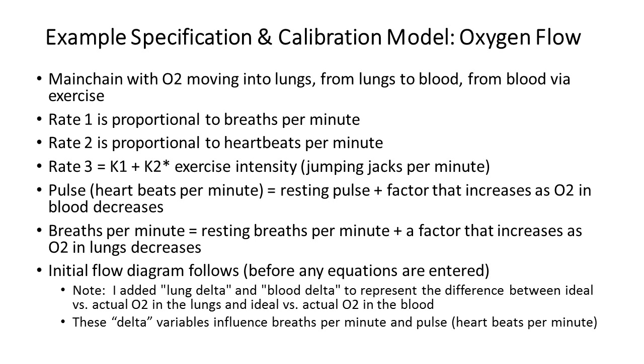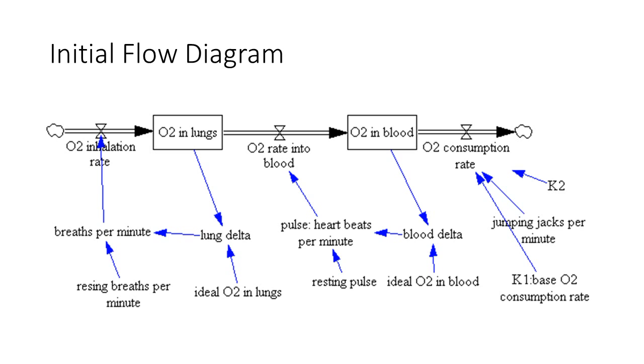So I have an initial flow diagram that I just sketched out, which is on the next page. And then I actually had to add a couple of things afterwards that I forgot, and I described that as part of my log of this model creation experiment. So you see here the main chain, oxygen in lungs to oxygen in blood, and the 3 rates that we described earlier. There's some parameters around here, but the main thing you can see is there's this loop down at the bottom,